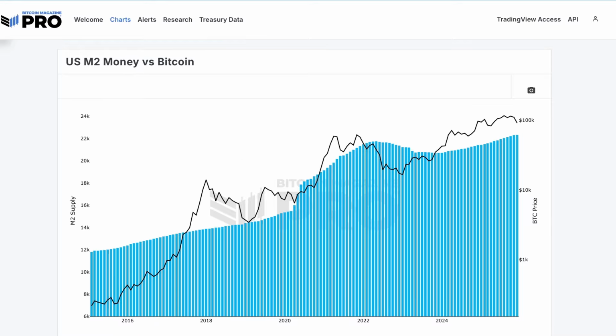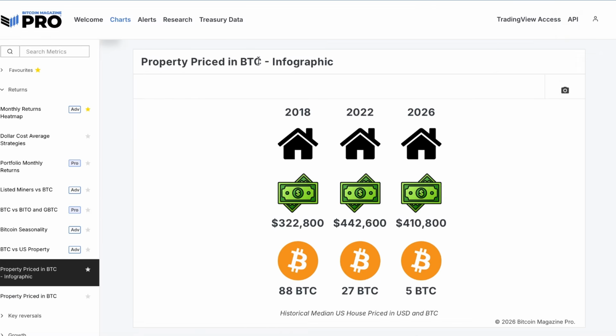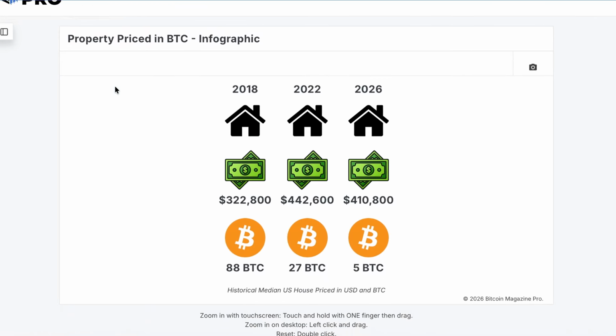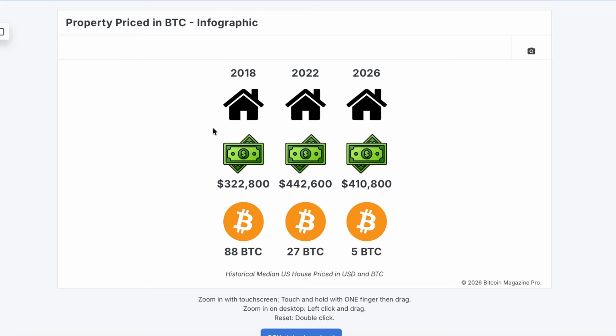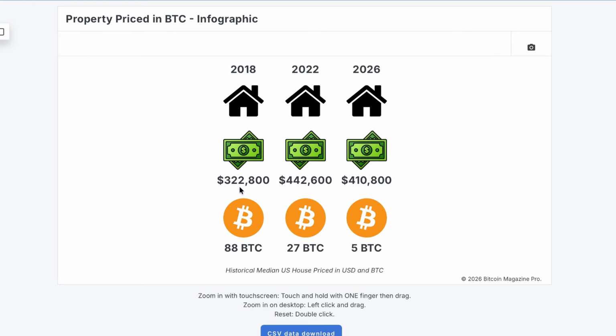One way we can really visualize this is if we take into account real estate, for example, the average cost of a house. We usually see that referred to as one of the safe havens, the best stores for your wealth. But if we look at the actual price of property in the US denominated in US dollars, again, we can see this is very much the case, especially between these COVID years. The average or median house price increased substantially. Whereas measured in Bitcoin, the average price of a US house is decreasing significantly and very, very rapidly. So Bitcoin doesn't just retain purchasing power, it increases your purchasing power. And as I referred to previously, this is due to the fact that Bitcoin has a hard cap.